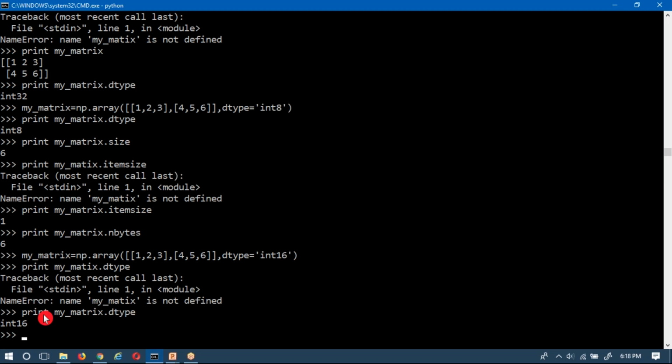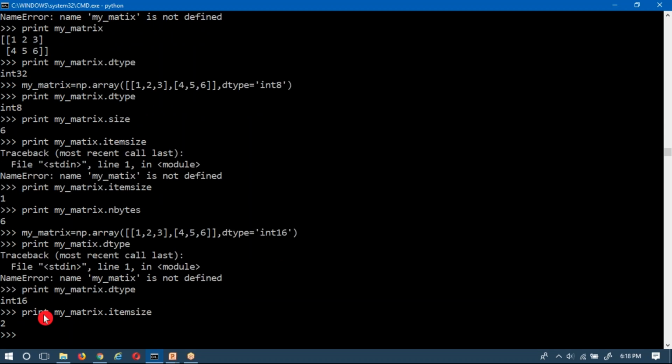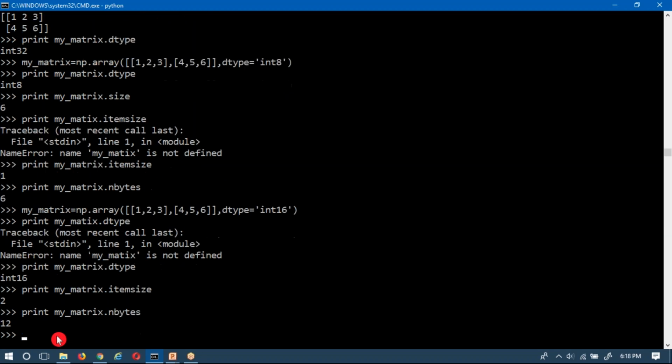Now to know the byte size used by each data item in your matrix, the operation is itemsize. You get 2, that is 2 bytes, nothing but 16 bits, because you are representing your data type as 16 bits. Now if you find the total bytes required, because you have 6 elements, each taking 2 bytes, if you write nbytes, you will get 12. 12 bytes of memory is required to represent this data, because you are taking the data type as integer 16.